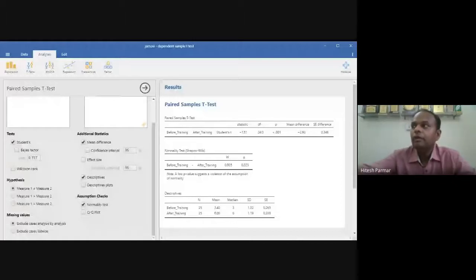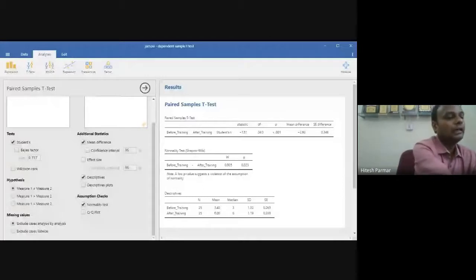So we get a p-value which is less than 0.05, we reject the null hypothesis and we can conclude that the difference is significant.